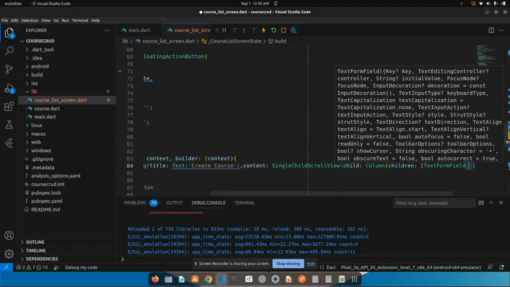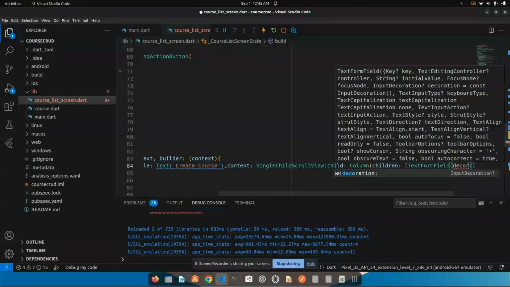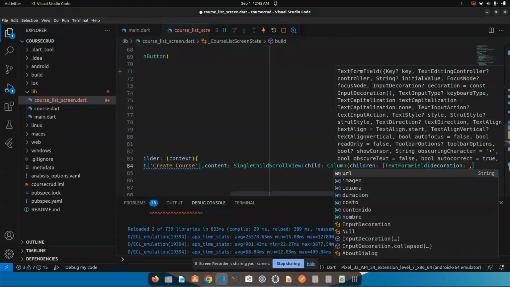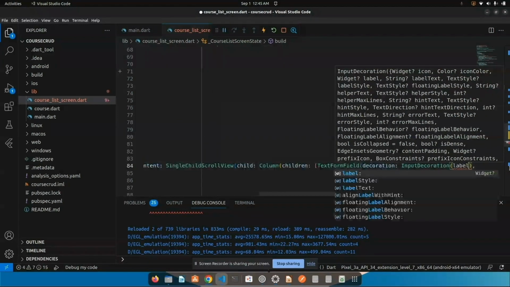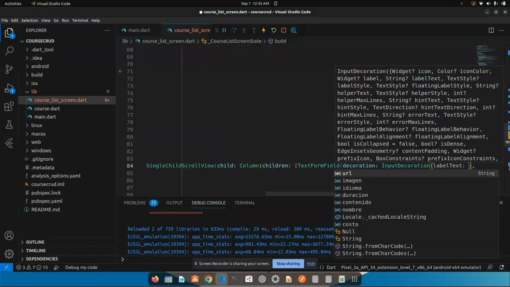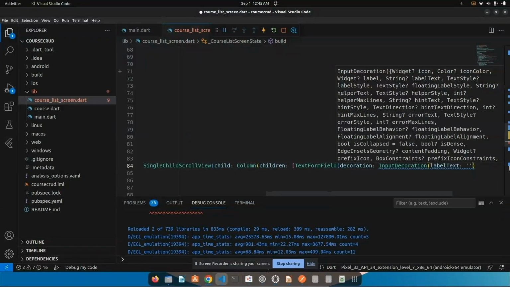In the text form field, I'm gonna use the decoration property to name the field, with input decoration and text. First should be name, the name of the course,